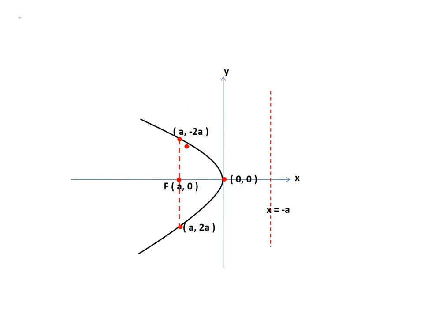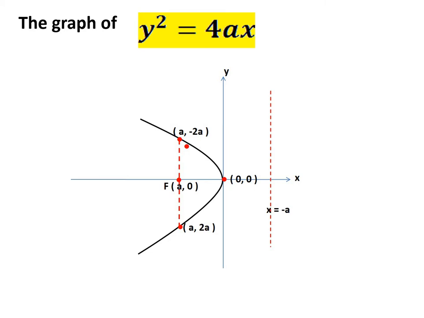So here we are, the first graph of a parabola in an equation form of y squared equals 4ax, wherein a is less than 0. So when you say a is less than 0, your parabola is leaning towards the left. In the figure, a is on the negative x. So therefore, it is less than 0, so it is negative a.